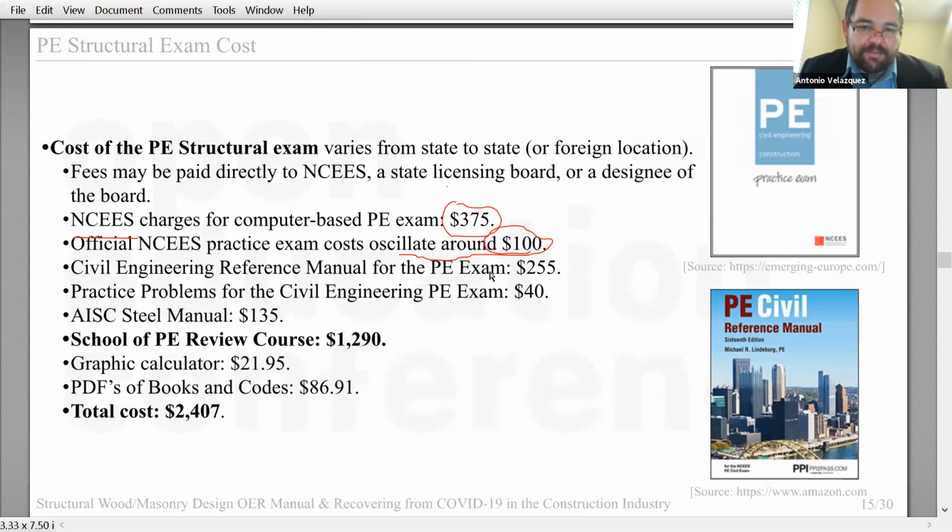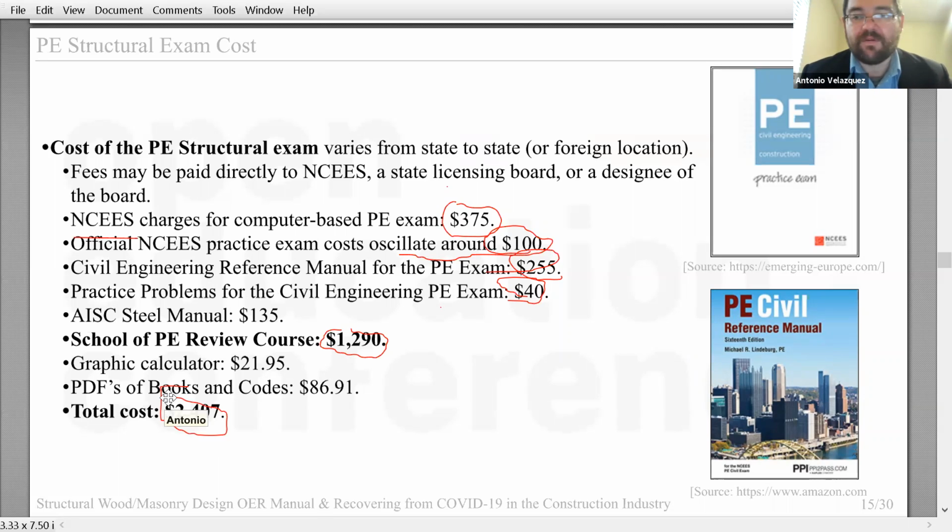And then you have the manual, $240. And then you have some accessory items, no? Your calculator, because you cannot use a computer or cell phone. You have to use your calculator, so you need to buy a calculator here, ridiculously enough. And then look at the manual. This big, 1,000-page manual is $1,200.